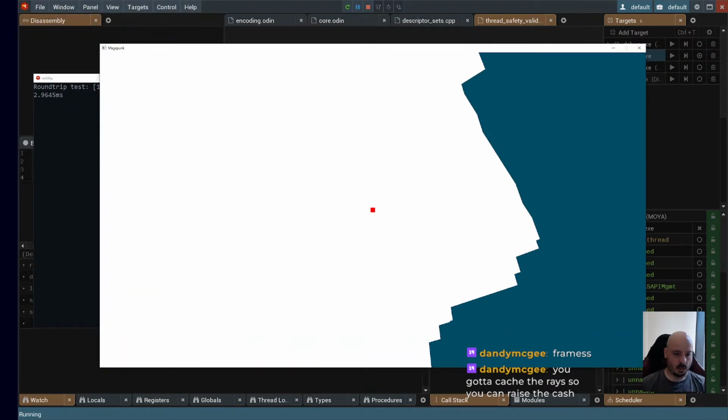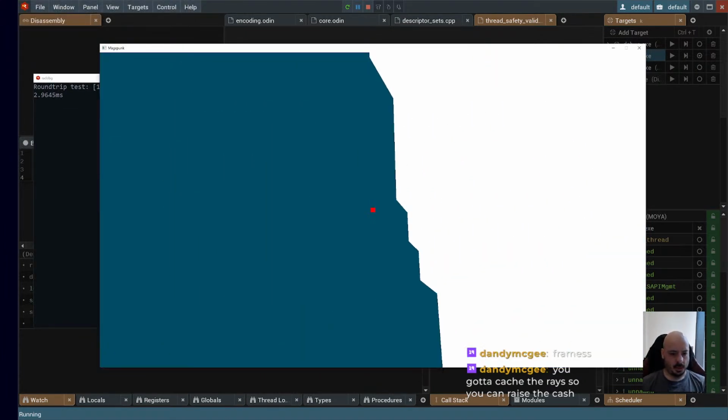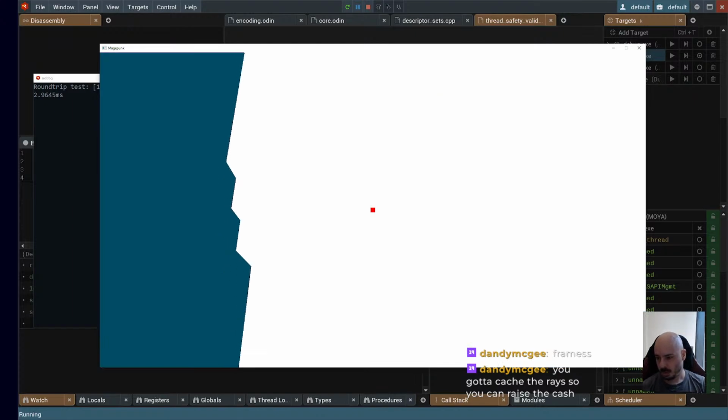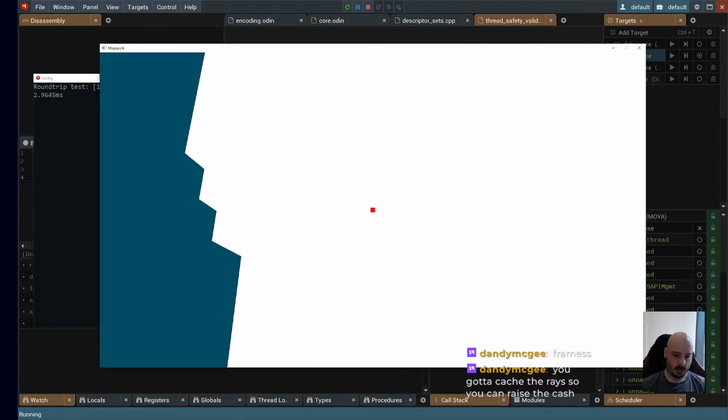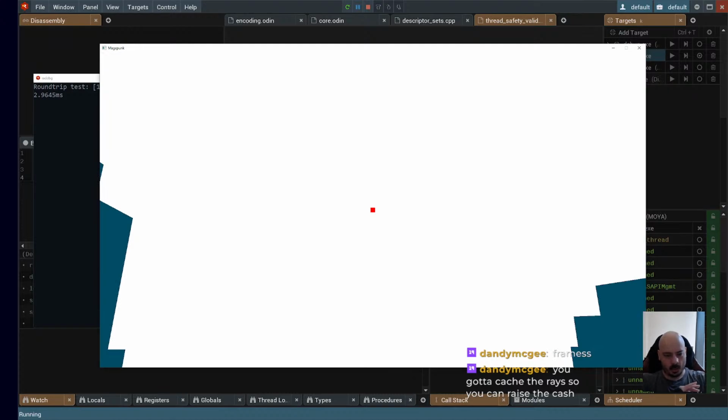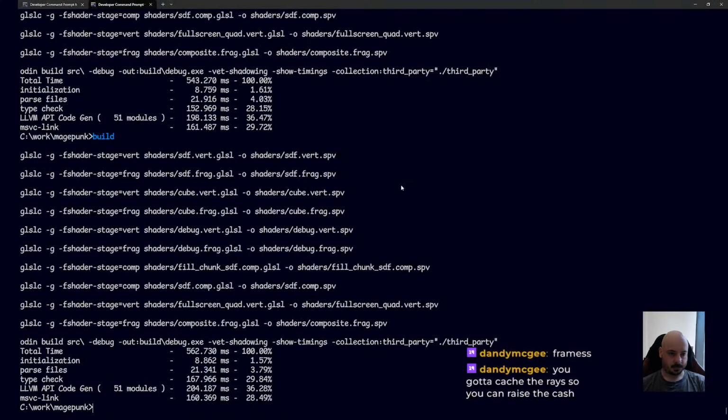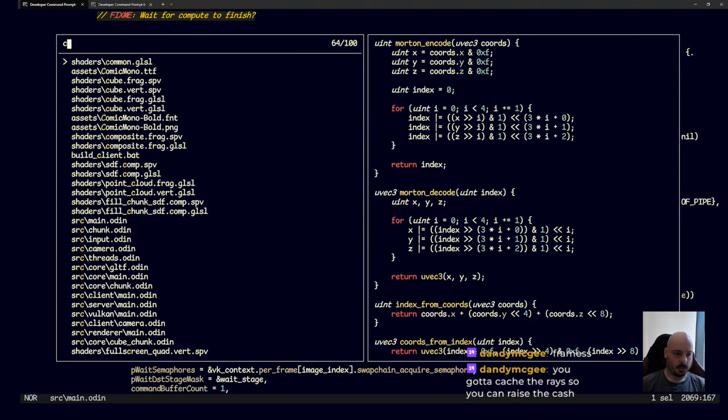Cool. All right. Well, I'm going to say that is kind of successful for the stream. Everything always takes longer than I expect. But that little red square is being drawn with the compute shader and being composited onto the top of the image. So in the future, the idea would be